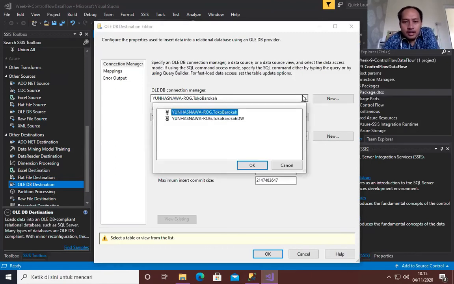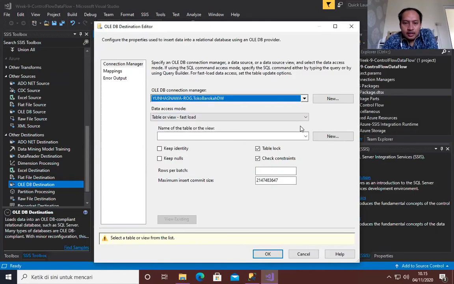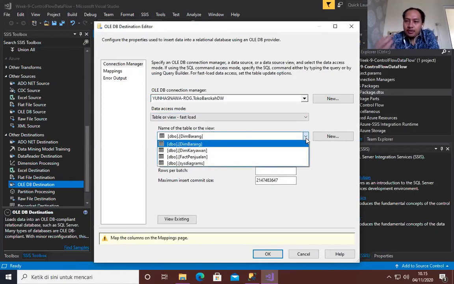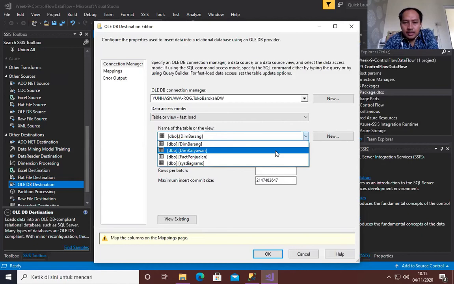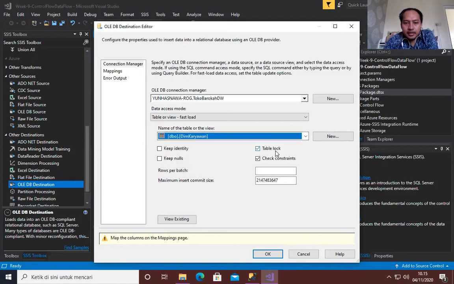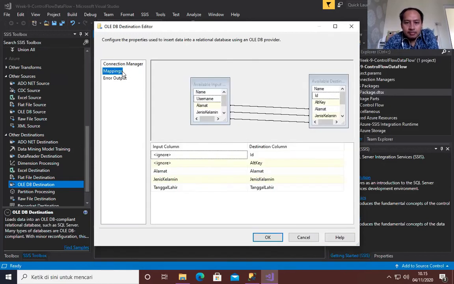And right now we are choosing the other connection manager, which is the Toko Barokah DW. Because we want to import our data into a table named dim karyawan, we choose the dim karyawan table here. Look at the mapping. We want to put our original primary key into this alternate key.